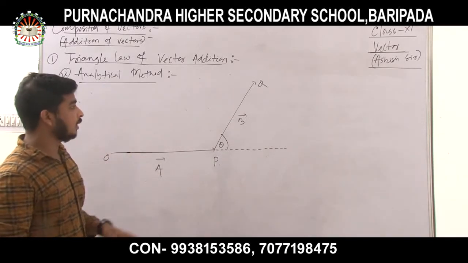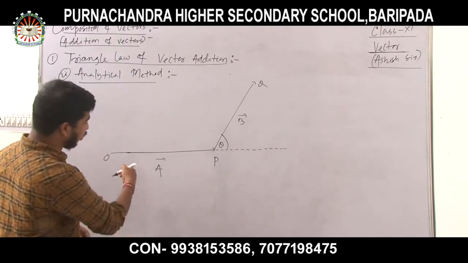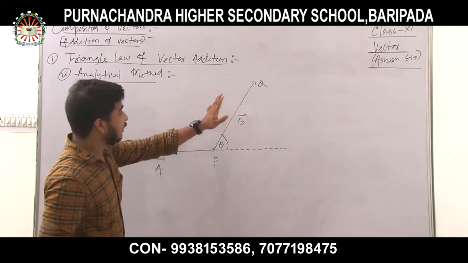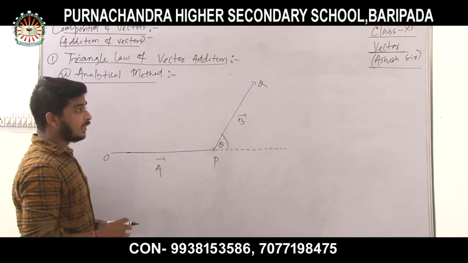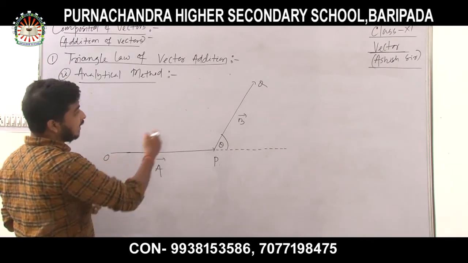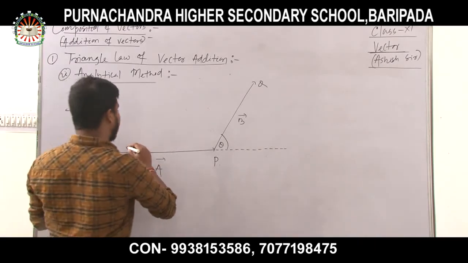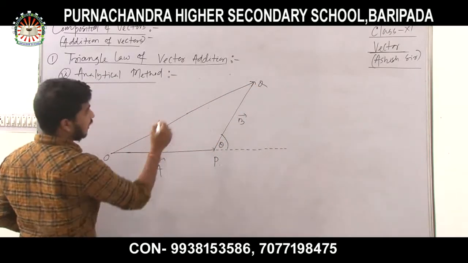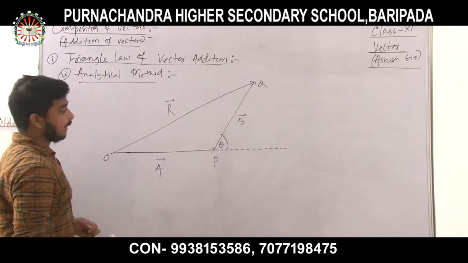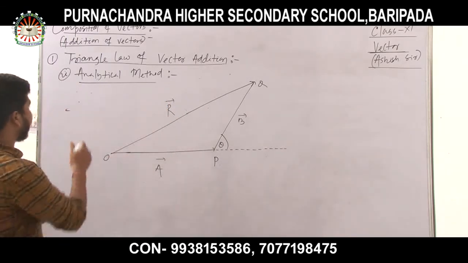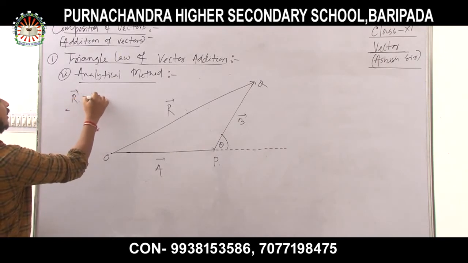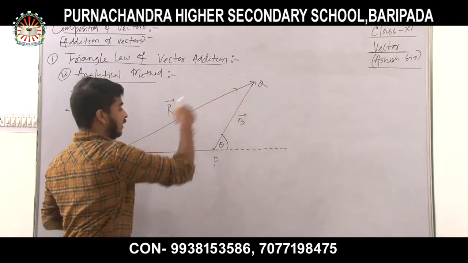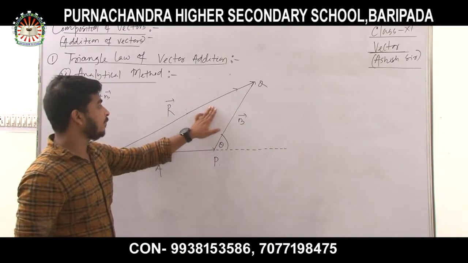According to the triangle law of vector addition, if two sides represent two vectors taken in the same order, then the resultant vector will be taken in the opposite order. So what is the net displacement from O to Q? Net displacement will be like this, O to Q, and this will give rise to the resultant vector. Or graphically you can say R vector is equal to A vector plus B vector, taken in the opposite order. It means the direction is here. Okay, so this is the law of vector addition.